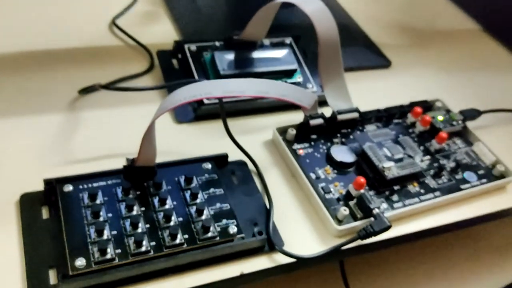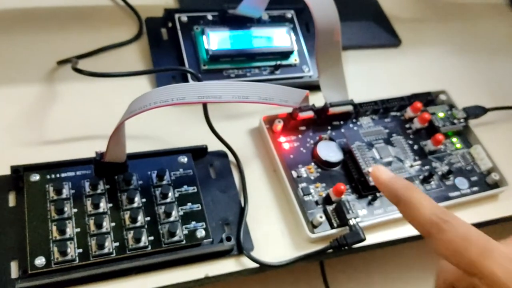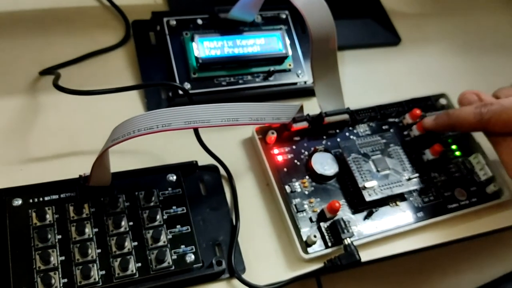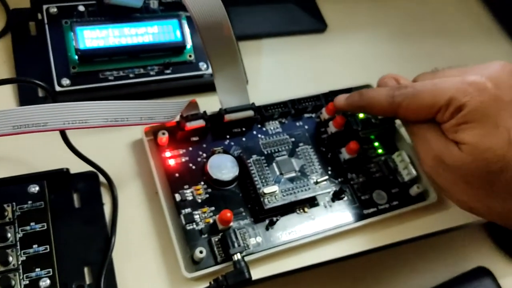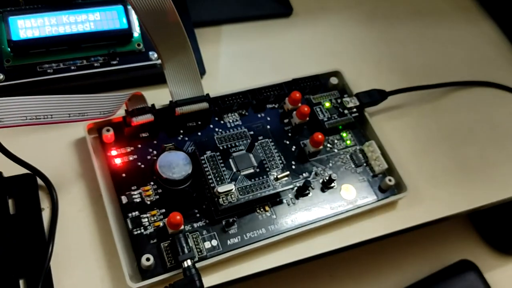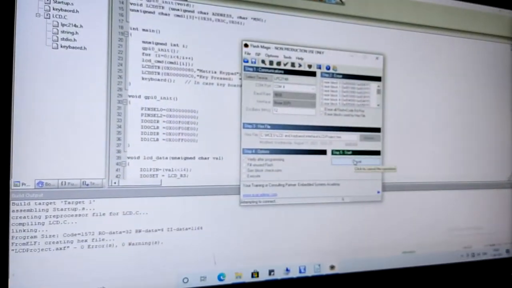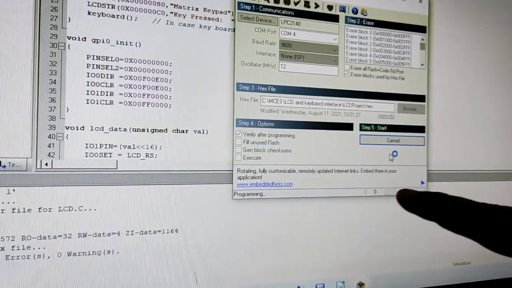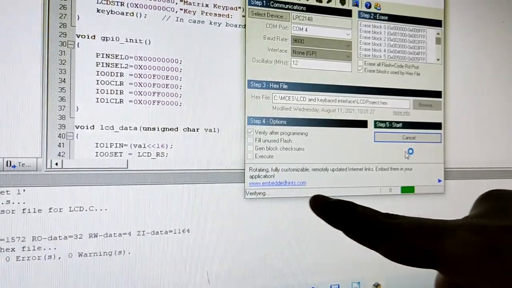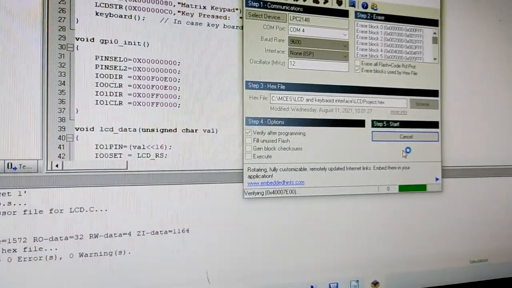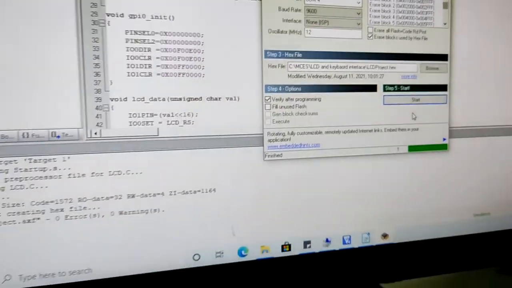the LPC2148 microcontroller. We have to switch on the power supply and switch on these 2 UART ports, UART 0 and UART 1 ISP. PWM, no need to switch it on. Once we do that, we are going to start burning the code. You can see the program is getting burnt into the microcontroller. It is verifying all the code, and once it is finished, we will be able to see